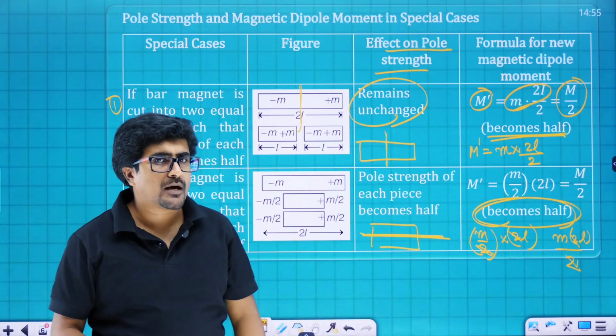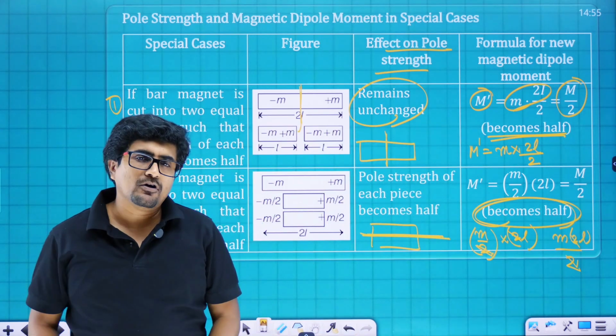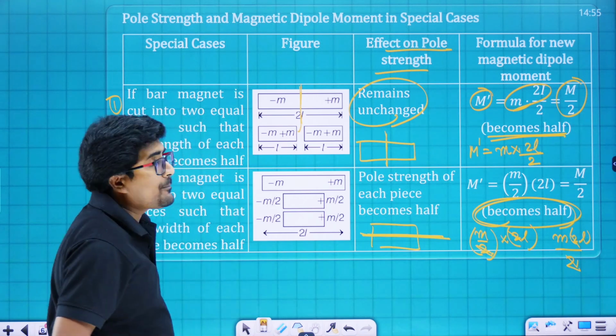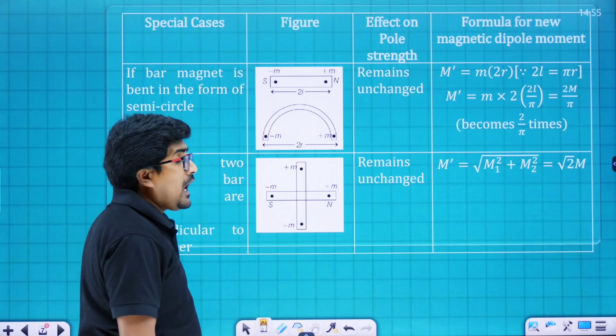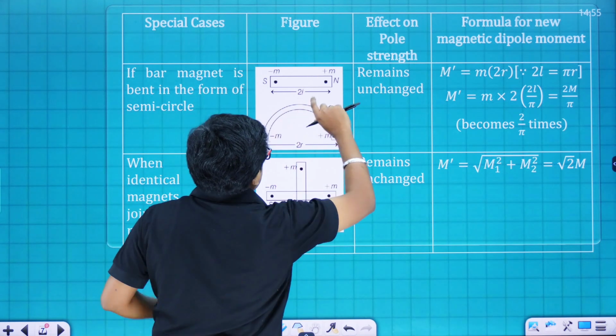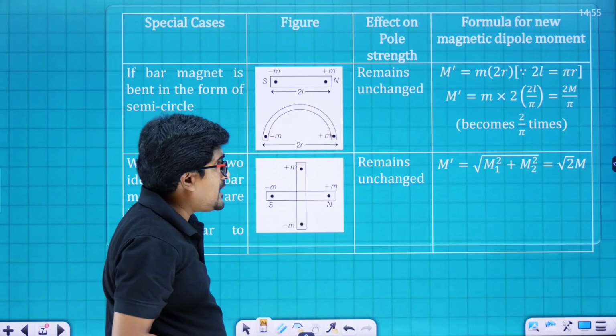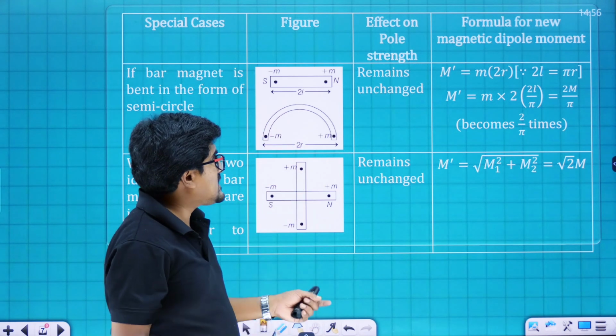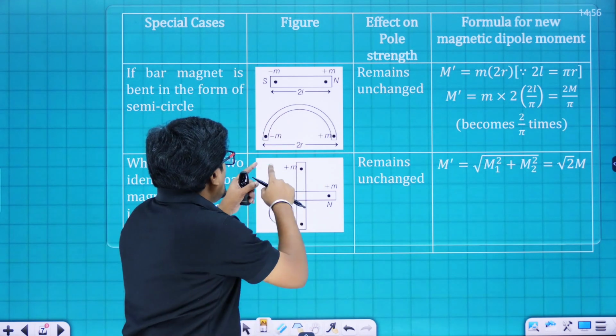So the section of the bar magnet, whether it is perpendicular to the length or along the length, the magnetic dipole moment will be reduced to half of its initial value. Now comes the next. Here you have a bar magnet that is bent into a semicircular shape. So the pole strength remains the same, but the distance of separation is now changed to